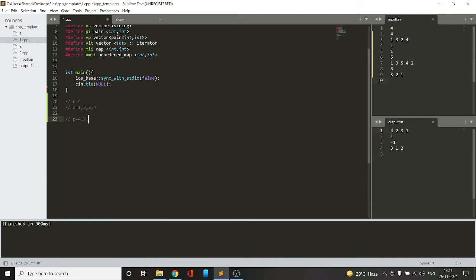For example, if it is 4 2 3 1, first we will compare 1 and 4. 1 is the smaller one, we will add 1, then 1 is deleted. Now 3 and 4, 3 is the smaller one, we will pop 3 and append it to a, and then 3 is popped. And similarly 2 is added to a from the right hand side, and then 2 is popped, and at last we will be remaining with 4.